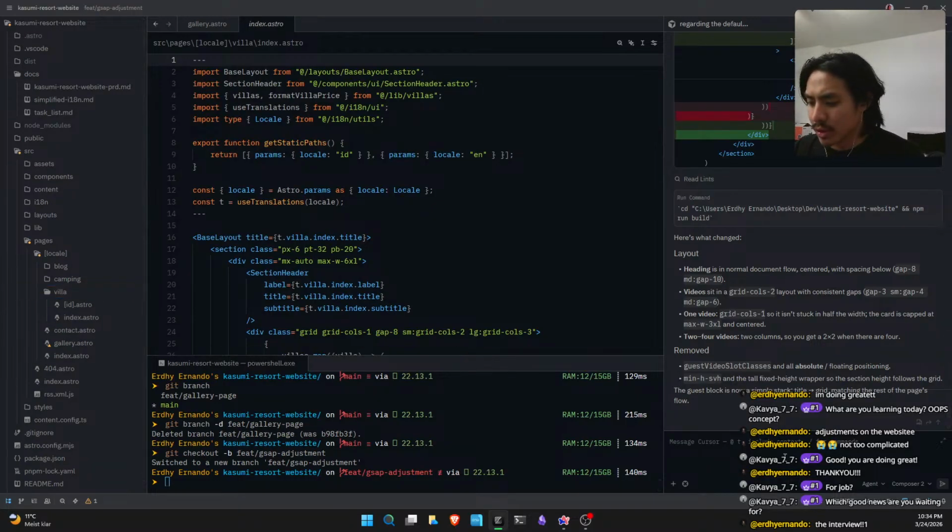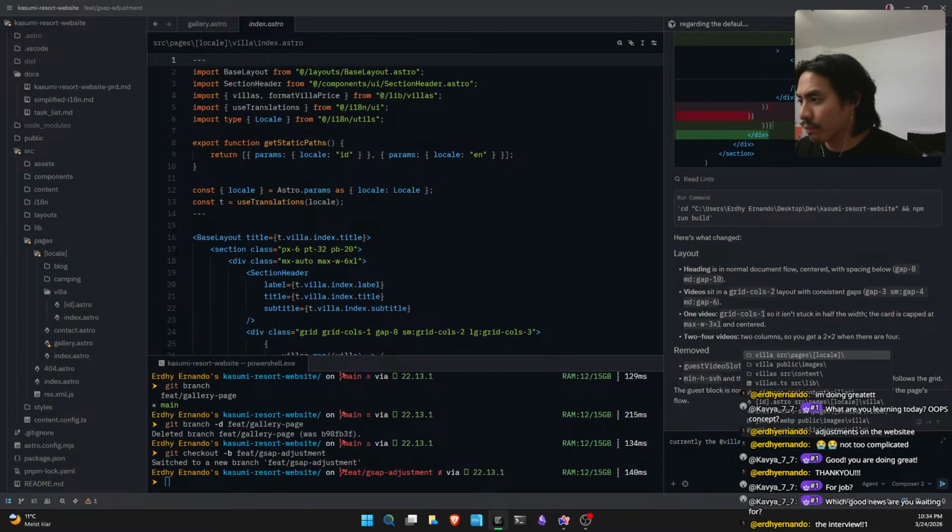Okay, currently the Villa index page doesn't have the reveal GSAP for the type and cards. Please add